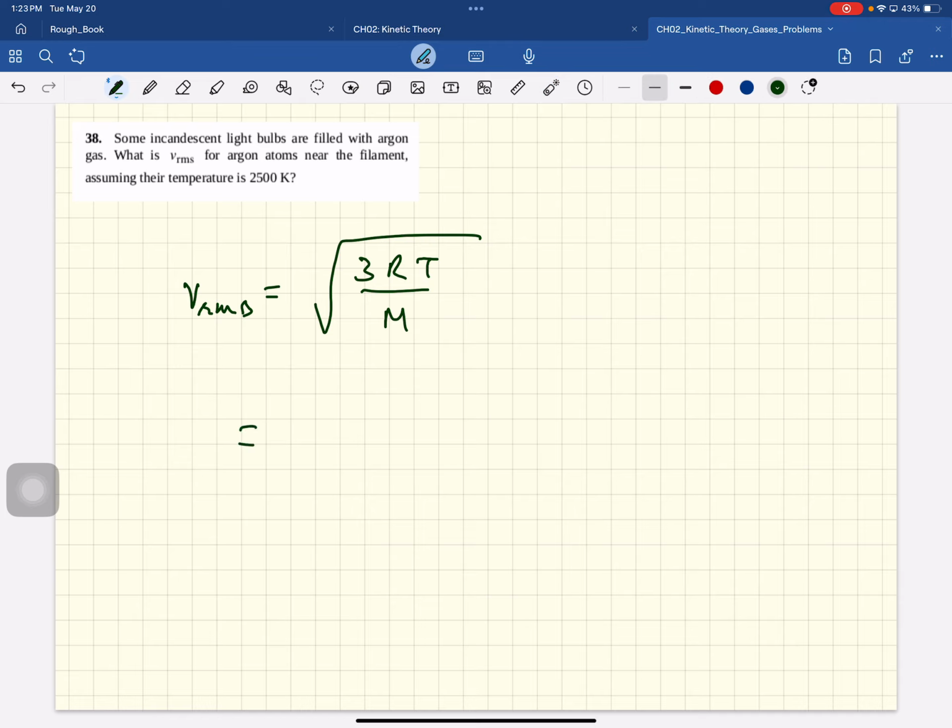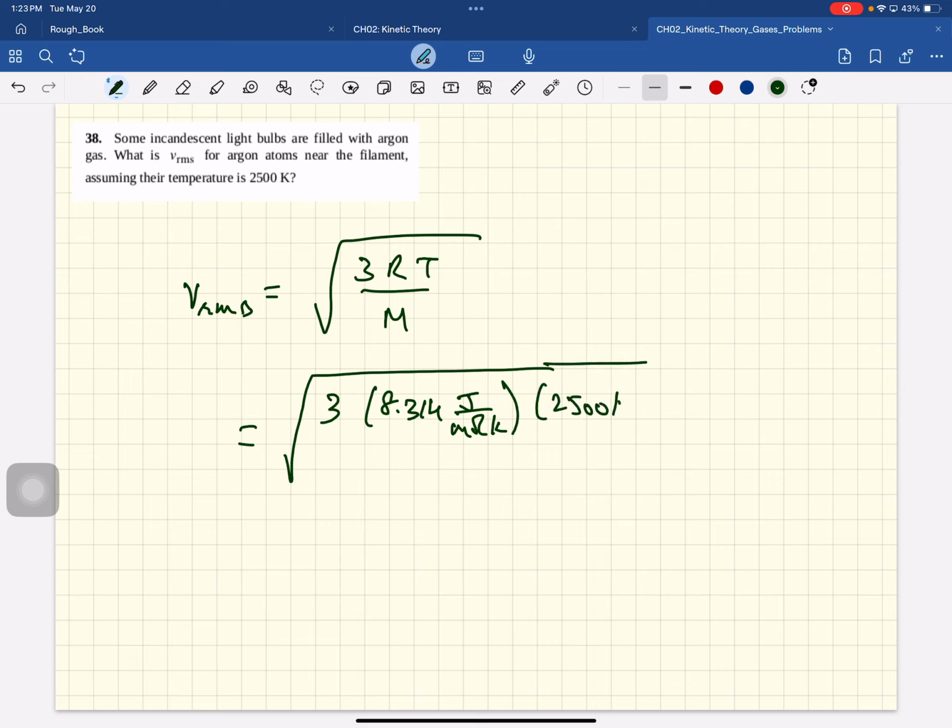Okay, so argon, the molar mass you see is 40 grams per mole. Okay. So this is 8.314 joules per mole per Kelvin. The temperature is 2,500 Kelvin. Molar mass is